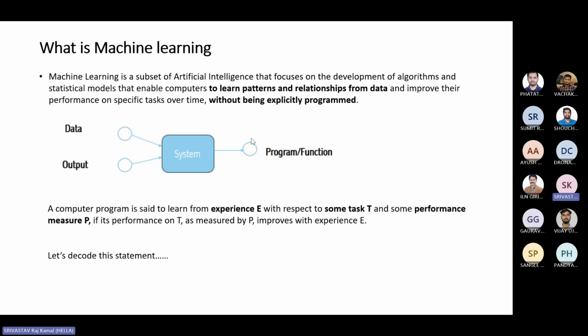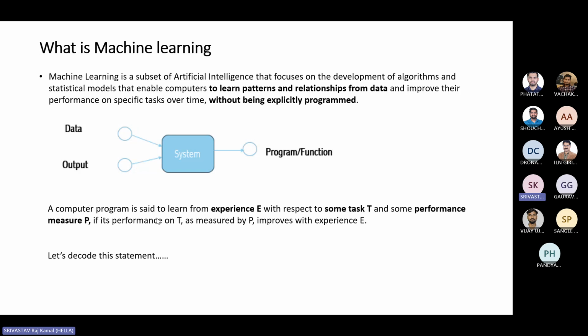When I say function, a program, in terms of our discussion, I mean y hat, or a possible best set of the coefficients that you can use to do the prediction in the future. So now the line taken from Tom M. Mitchell: a computer program, basically the function, is said to learn from the experience E. Experience E means the data in the past, based on some task T, the problem which we are going to solve, like finding the best rental prices, and some performance measure P, how you evaluate which model is doing better than another.